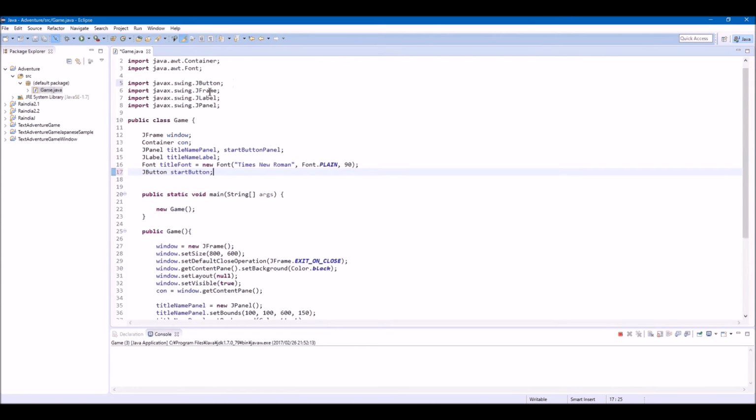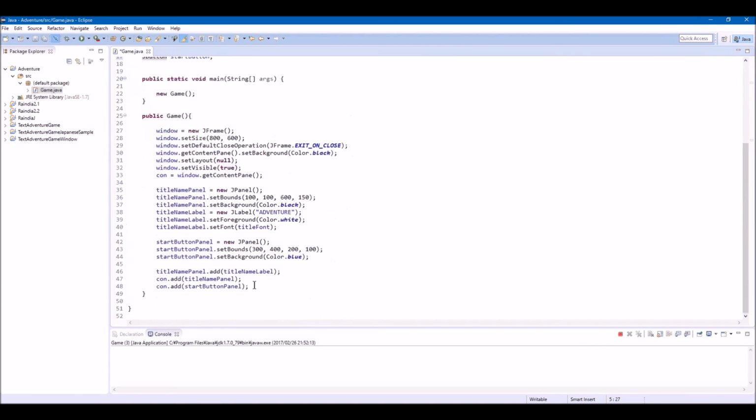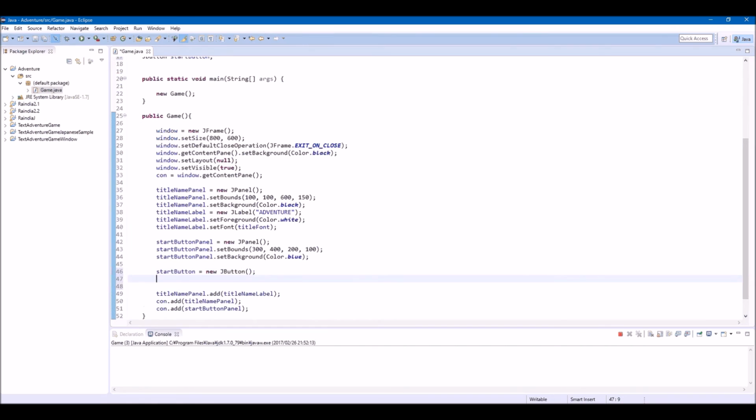Okay, so JButton is imported, and so yeah, we're gonna set a parameter for this JButton as well. Start button equal new JButton,